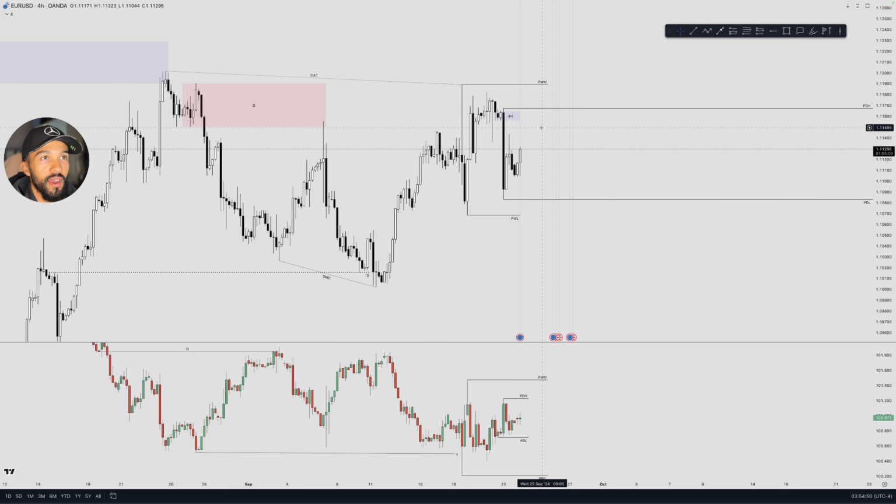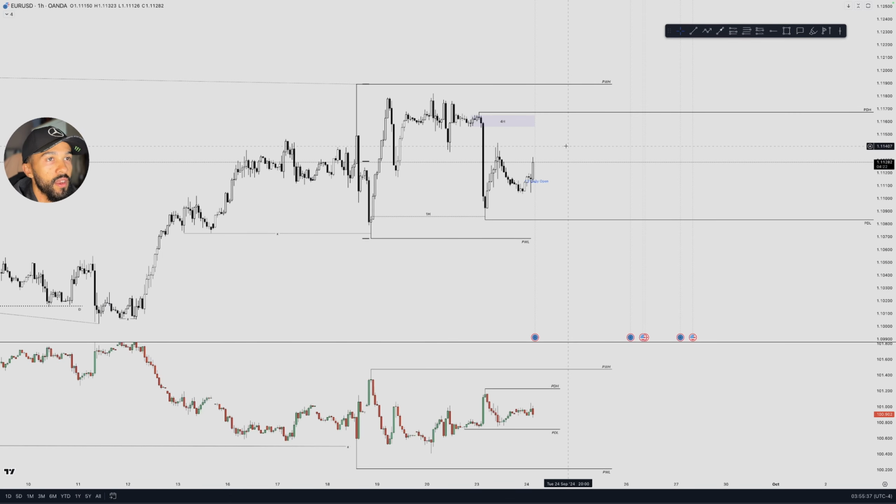We'll wait for our POIs and we'll wait for our lower time frame structure to form from there. So the most immediate one, like I said, being this 4 hour order block here, which I see as possible resistance. So let's go down to the 1 hour, see what that's showing us, see if that agrees. So here on the 1 hour,